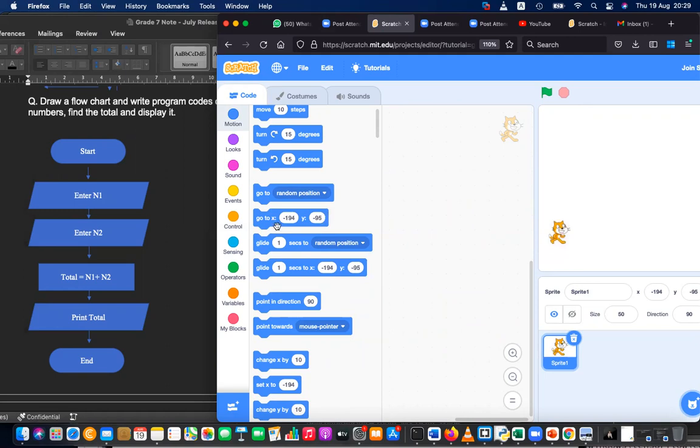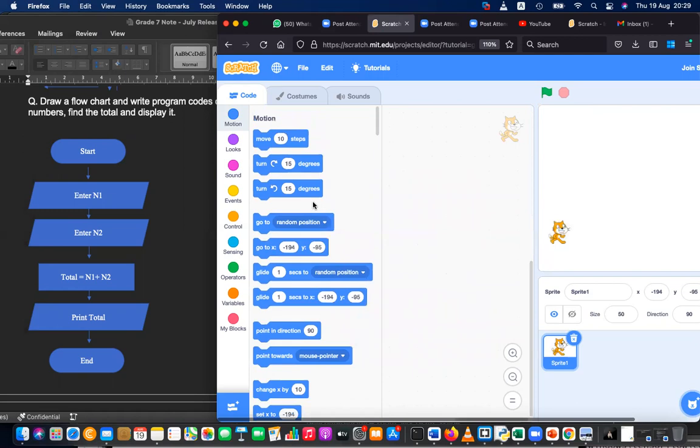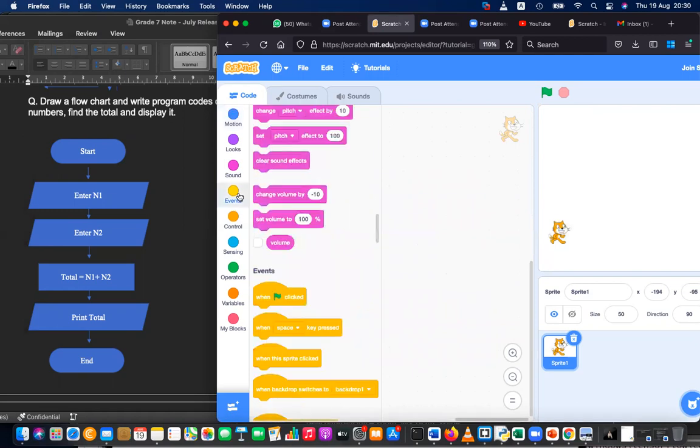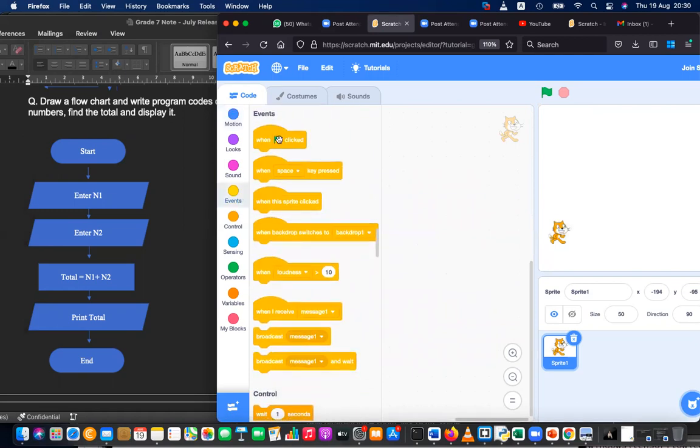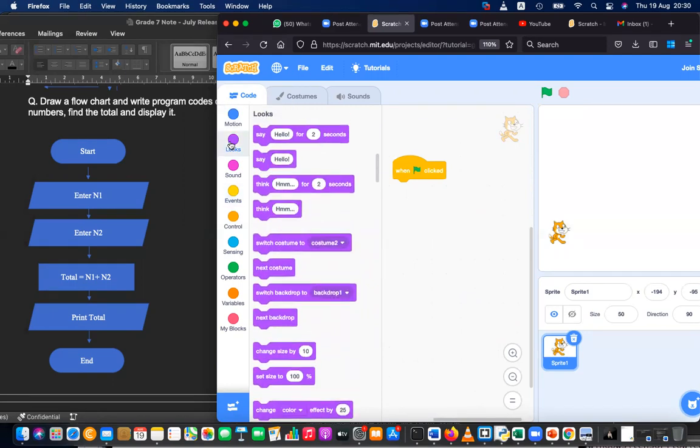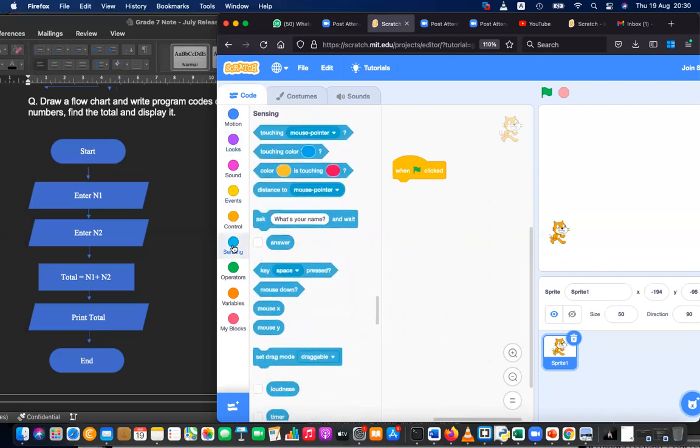Okay, first of all, you have to enter number 1. Actually, you have to display that message. To do that, first you have to go to the events. When you click the flag, you have to tell the user to enter number 1. You have to go to the looks. Oh, no, sensing, sorry. You have to go to the sensing and use ask, enter